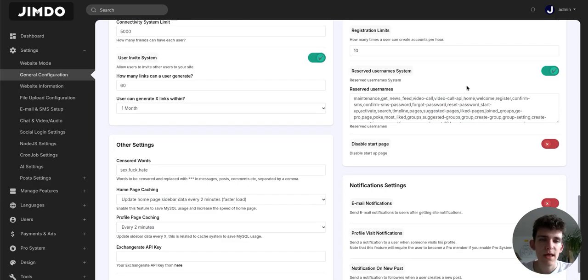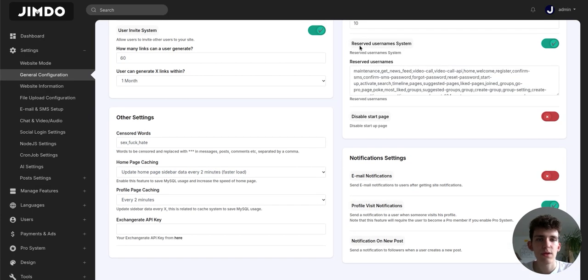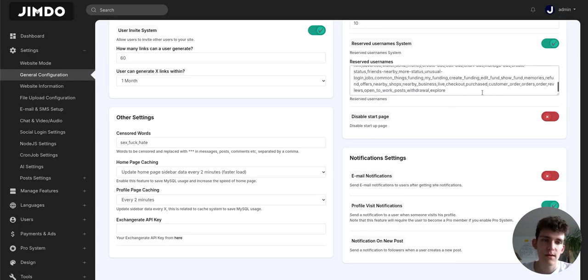All right, and then we have some reserved usernames. So for example, you don't want specific usernames for your users to be enabled. The system itself should be enabled, because we have some features like the liked pages, which are on the subdomain and cause some conflicts in future updates. So keep it enabled, but you can add more